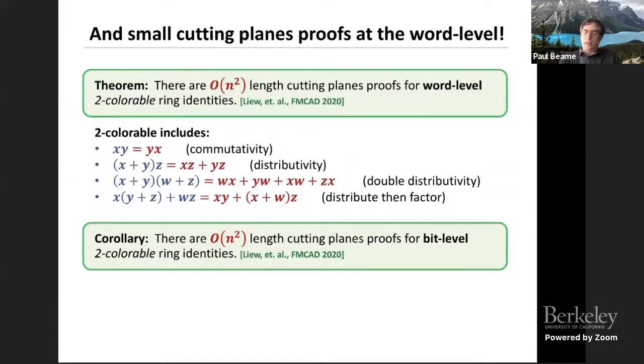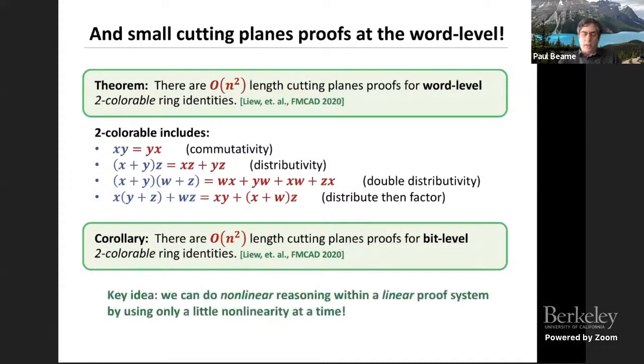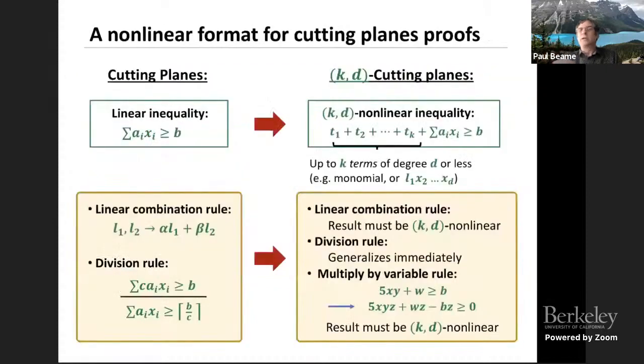And so that's very nice. I want to give you a basic idea of how this works. Recall these are nonlinear properties, but we're using a proof system that only deals with linear constraints. So the general idea is we can use only a little nonlinearity at a time. We actually found it convenient to describe these in terms of a slight extension of cutting planes proofs, where we allow a small amount